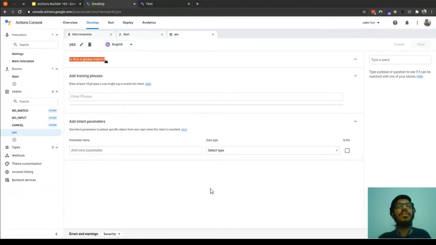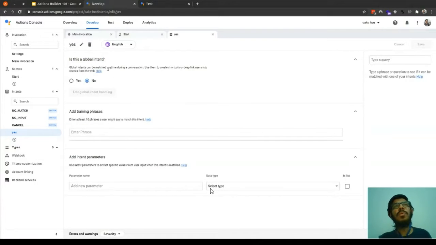Let's say your action is asking for something, but the user suddenly says yes, that doesn't mean anything in the context of the application. So is this a global intent? We'll say no, it's a local intent. Whenever in a particular scene there is a question to the user, at that point we'll use this particular intent.